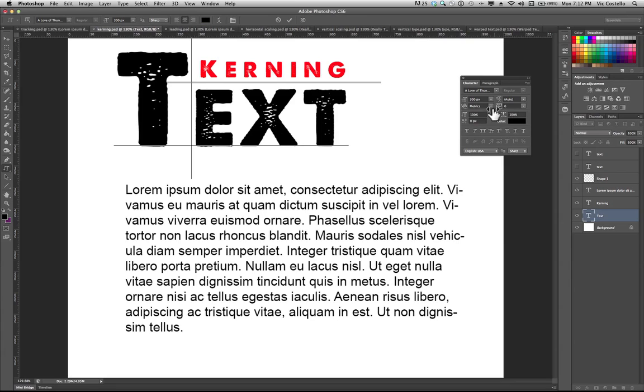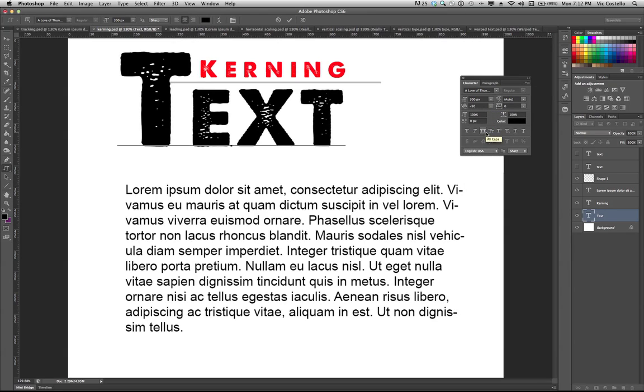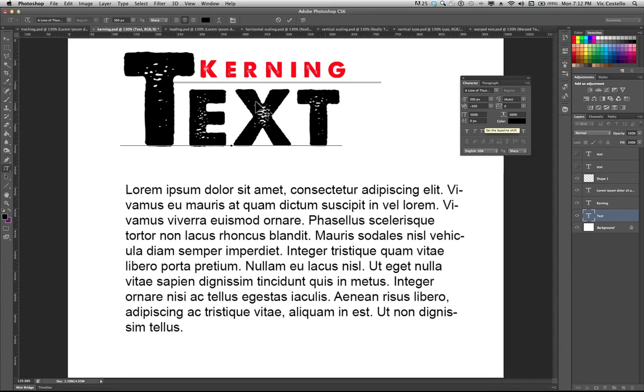And using the kerning property in my character panel, I'm going to decrease the amount of white space between these two letters to a negative number. Let's go with -50 and see what that does. That's a little bit of an effect. Let's increase that to -100. And you can see that now the amount of white space between the T and the E is much more in line with the white space between the additional letters. Matter of fact, I think I can go even a little bit more just to tighten that space up. So let's go with